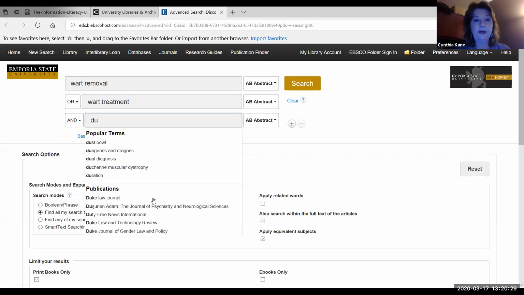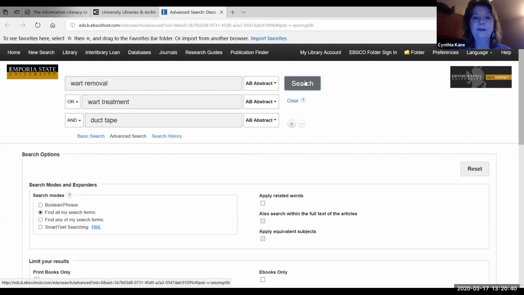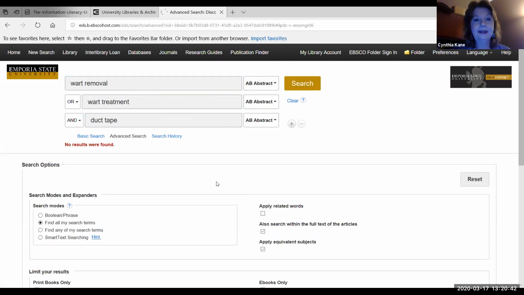And I am going to put in the word duct tape. And again, I'm limiting this just to print books because I'm just kind of curious to see if we have any books on this. And notice that it said no results were found. Now don't be surprised if this happens to you within the context of a library catalog, because I put in